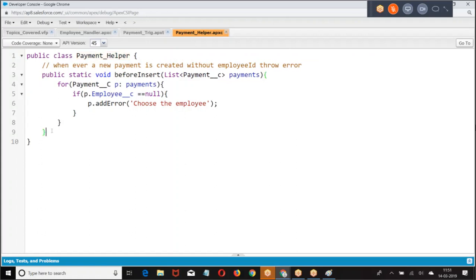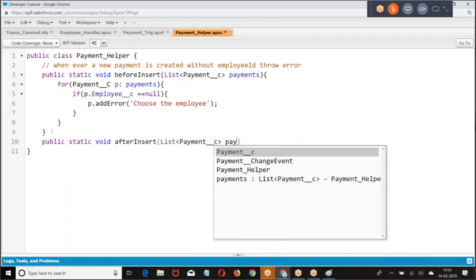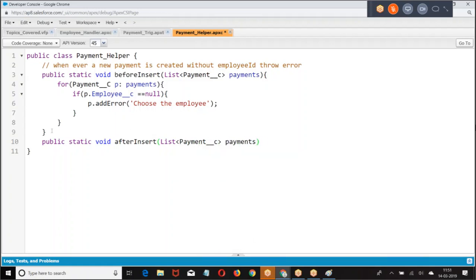Next, if the payment record is inserted, can you guarantee that always we give a single payment? You may go with multiple payments. For the same employee, you might have made 2 or 3 payments. I got 10 payments. Out of the 10 payments, for Satish, there may be 2 or 3 payments. That is the reason what I'm doing. Group all the payments related to Satish first. Group all the payments related to Kiran. That's where the logic I have discussed.